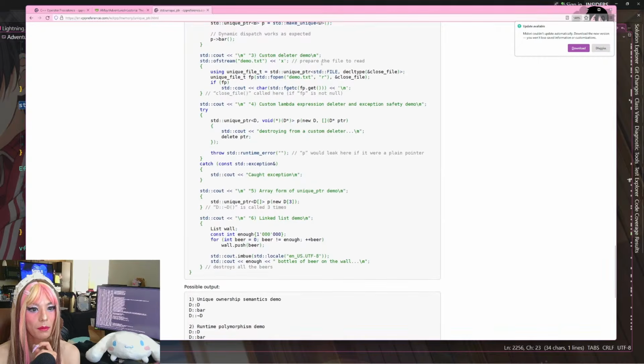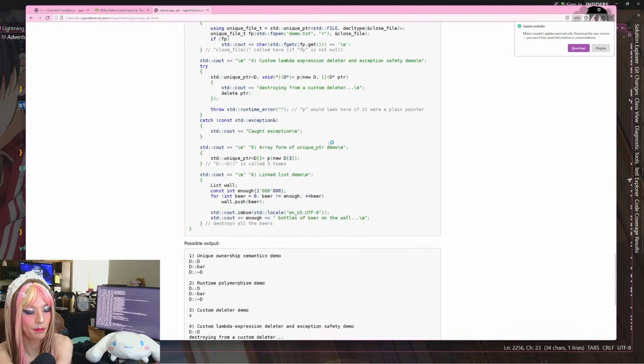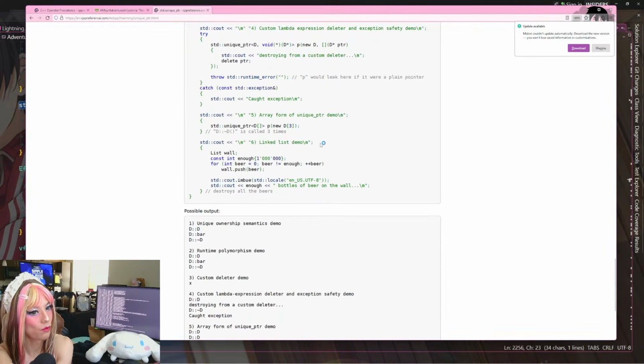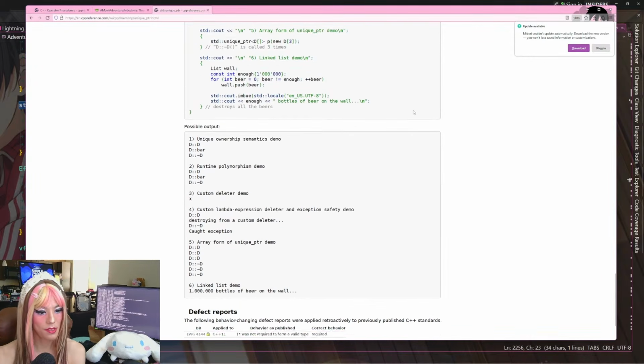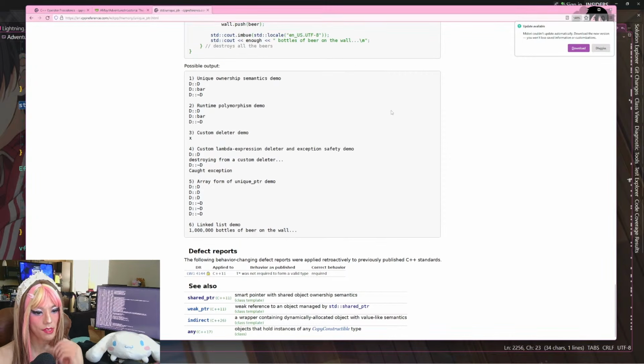Runtime polymorphism demo. Okay. Prepare the file to read. Would leak here if it were a plain pointer. Right. Okay. I don't think this does what I'm looking for, in the sense of what we would be wanting